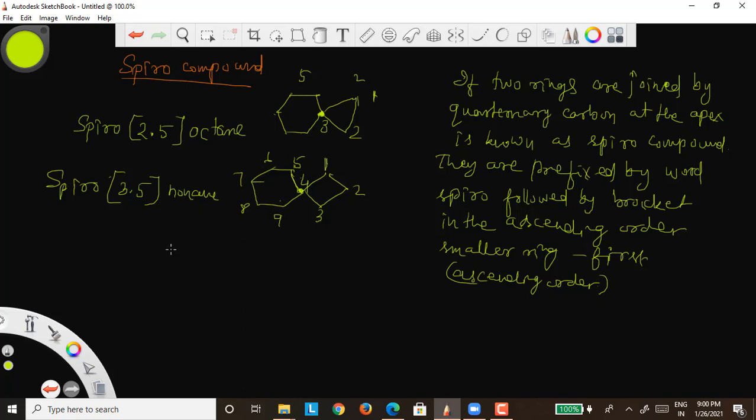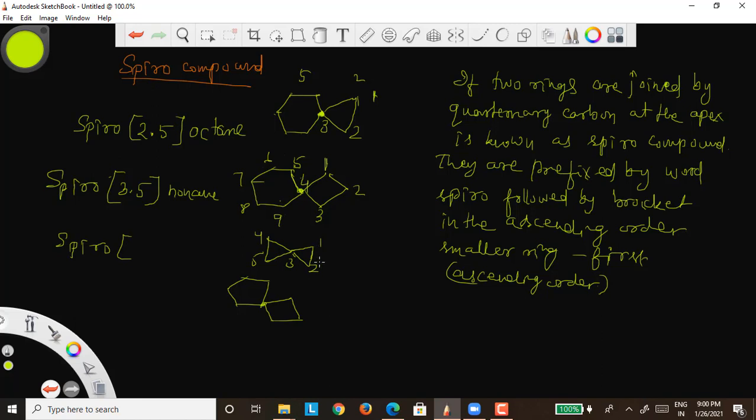Clear? Now let us take spiro compounds like this. And let us take a spiro compound like this. Like this. So this is a spiro compound. This is a spiro compound. This is easy. 1, 2, 3, 4, 5. So what is the name? Spiro